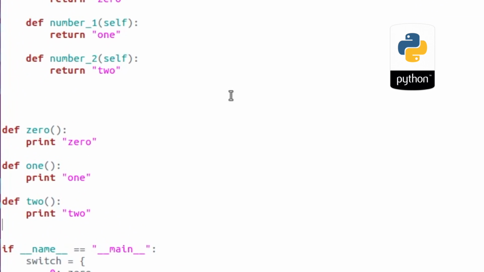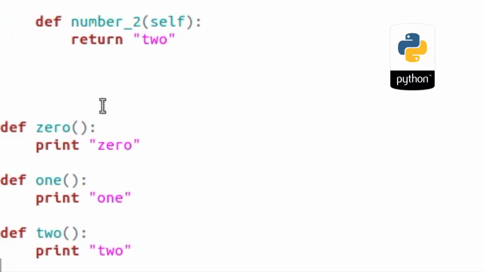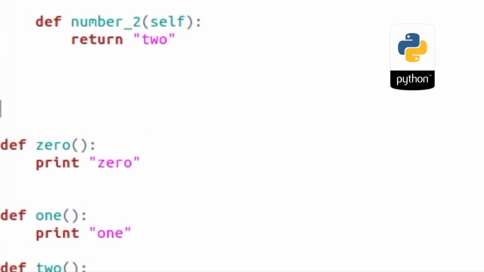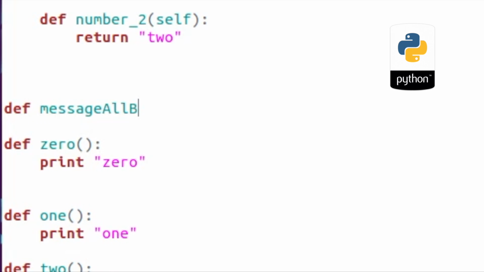Going back to our whole dispatch method before, in the case of a function approach, say argument number 2 came in, we could then call another function. Let's just quickly define one, something like